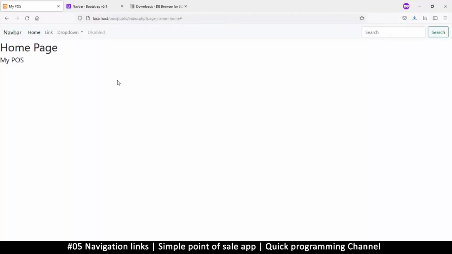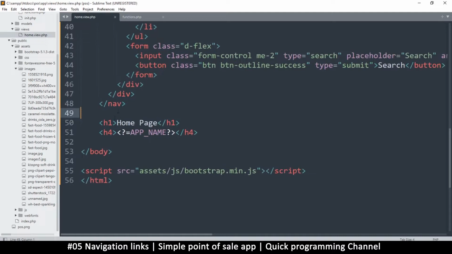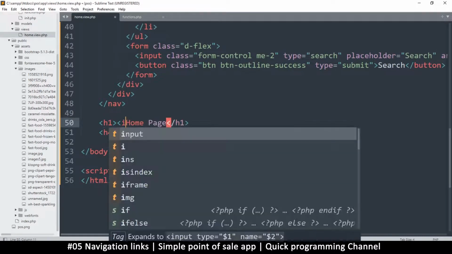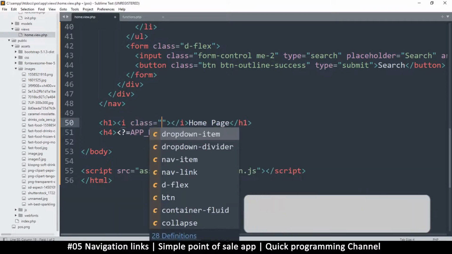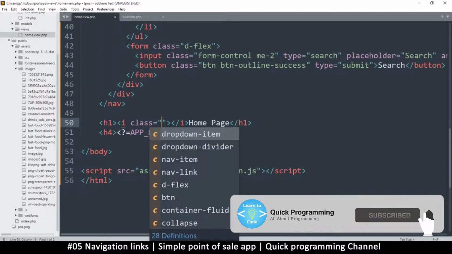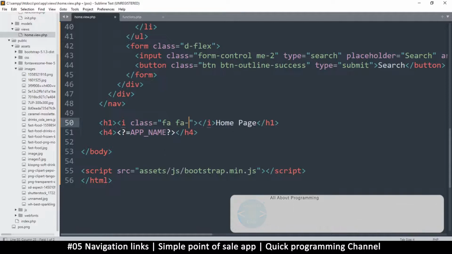Hello and welcome back. So now that we have a navigation bar here, we can add better content and then add the pages that we want. Now we also need to test our Font Awesome to see that it actually works. So what I'll do is right here on our home page where it says home, I'm just going to add an i tag inside here, since that's the preferable thing to use. So I'll do fa, which stands for Font Awesome, and then fa again and say